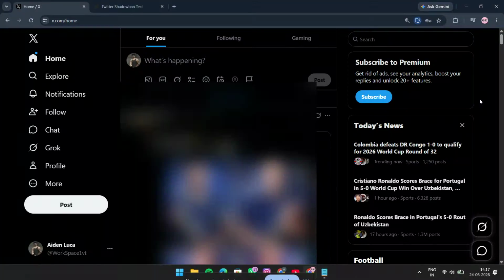If you want to learn how to QT on X, formerly Twitter, you're in the right place. This is one of the easiest ways to share someone else's post while adding your own comment, opinion, or context. It's a great feature for replying publicly, boosting engagement, or adding value to a conversation without just reposting the tweet